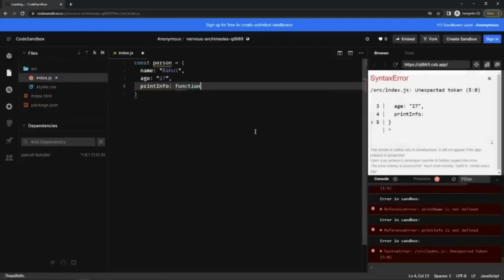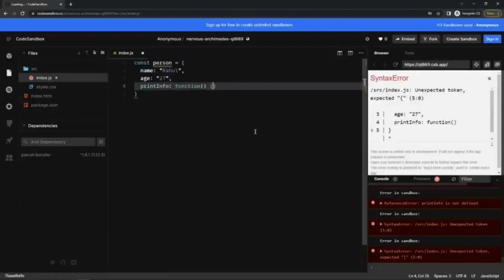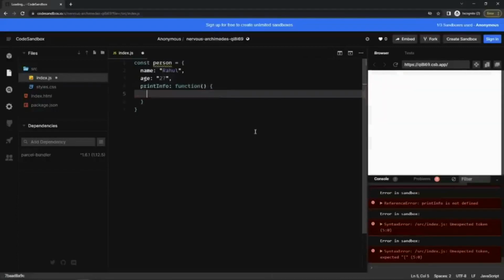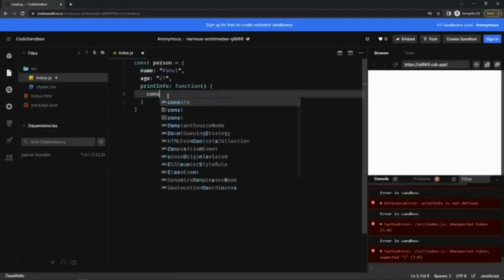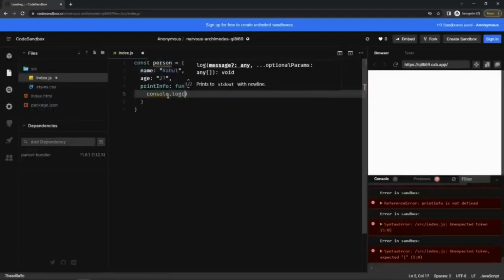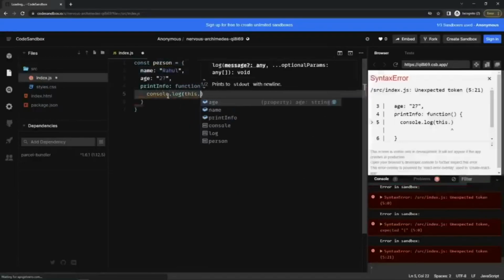Okay, it would be a function. And now inside this function, the this keyword will refer to this object. So for example, I can write console.log this dot